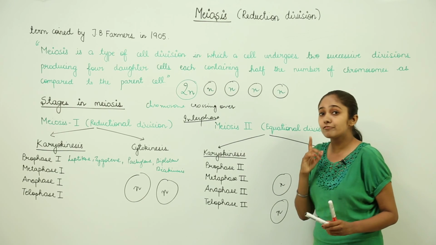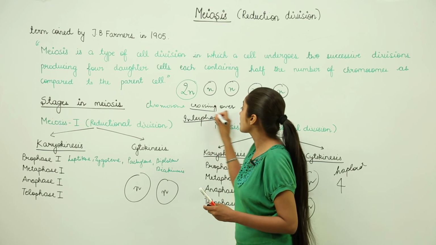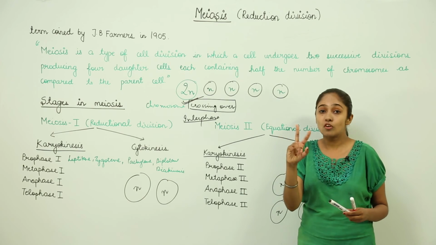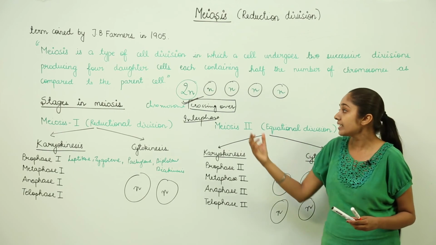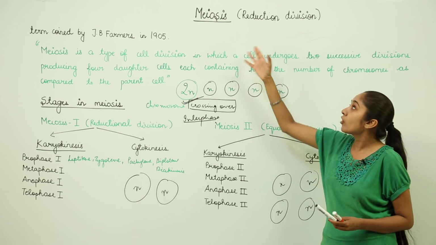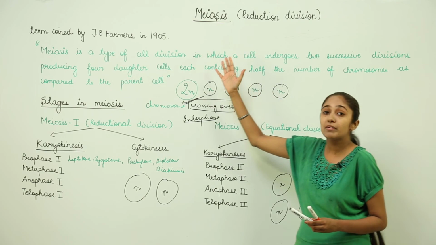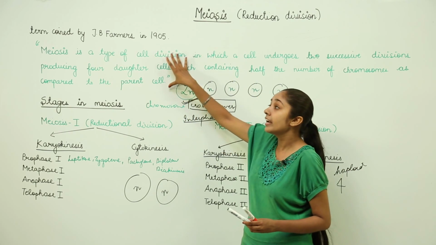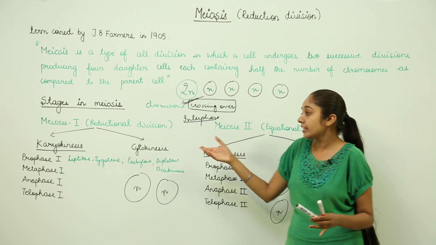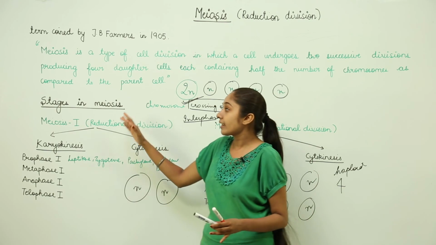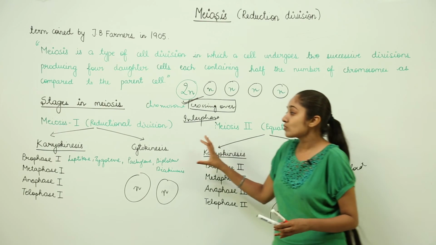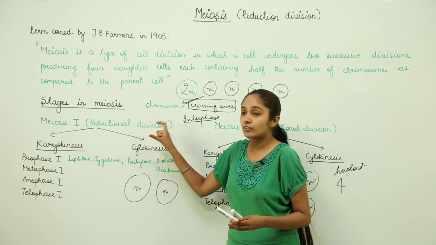And the most important feature of meiosis is this crossing over, right. Crossing over takes place where there is exchange of genetic information, as you will see. So the main feature of meiosis is what? It is crossing over. So this is meiosis, a reductional division, a term coined by J.B. Farmer in 1905. Just remember the definition and remember the stages, so that you have a fair idea. When there is a need to explain, you can explain that it occurs in 2 stages, meiosis 1 and meiosis 2, and then you can write down in substantial detail how these stages take place, right.